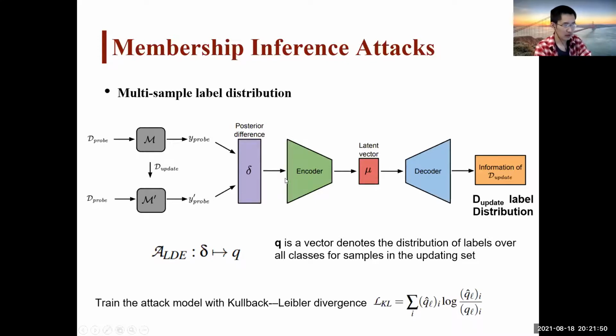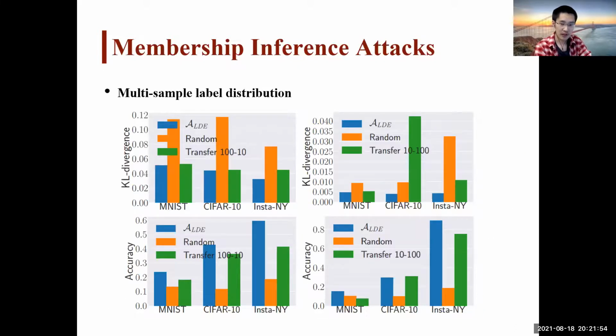And this task is still quite easy. Their evaluation result also shows that it is quite good. For this one, they measure the KL divergence. It is the lower the better. The loss function, the loss is lower the better. And for this accuracy, we can see that the attack models can always achieve more accuracy than